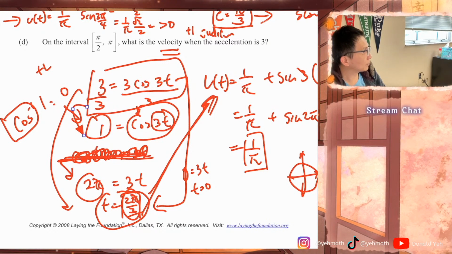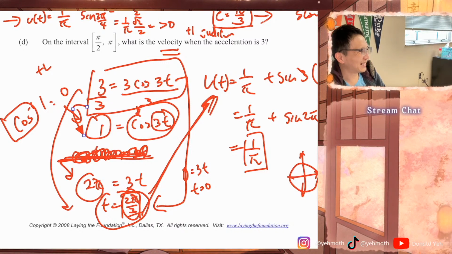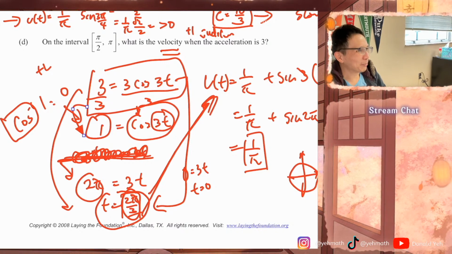Yes. What are the answers to C? So I just put a